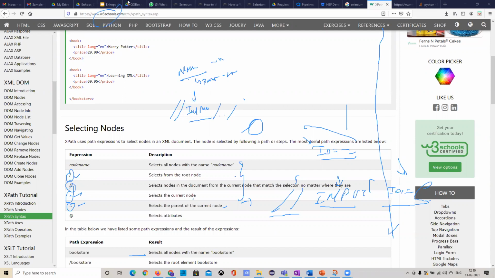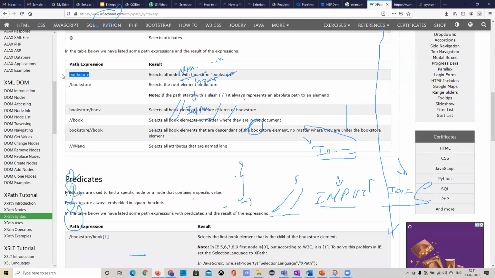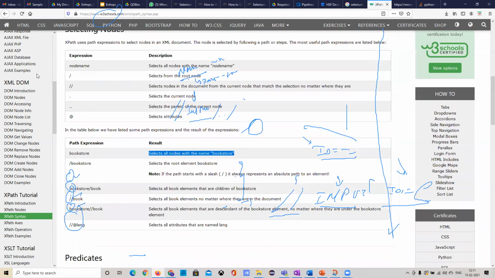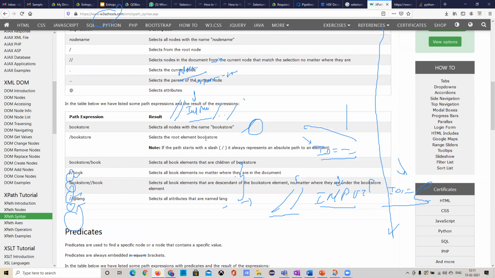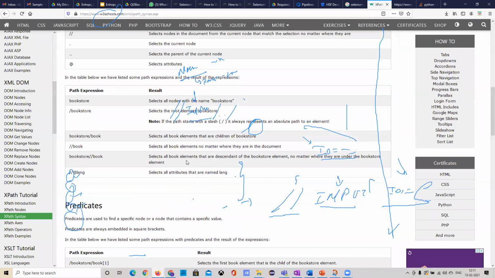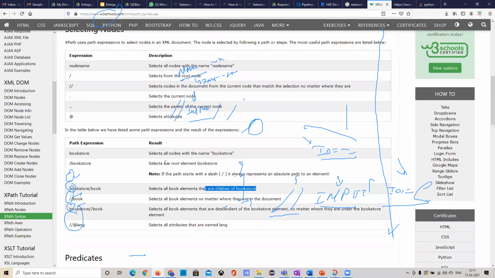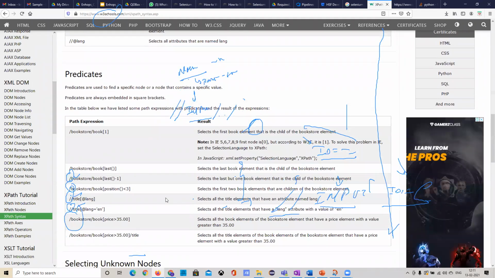Go to W3Schools and see how we need to give the syntax of the XPaths. And then if you see here, you can clearly understand the same example they have given. So for book, it selects the bookstore. Slash bookstore selects the root element of this particular bookstore, and then it gives all the children of this bookstore. For these particular symbols, they have given what the result would be if they are implemented. Just go through this one, you can get a lot of information.